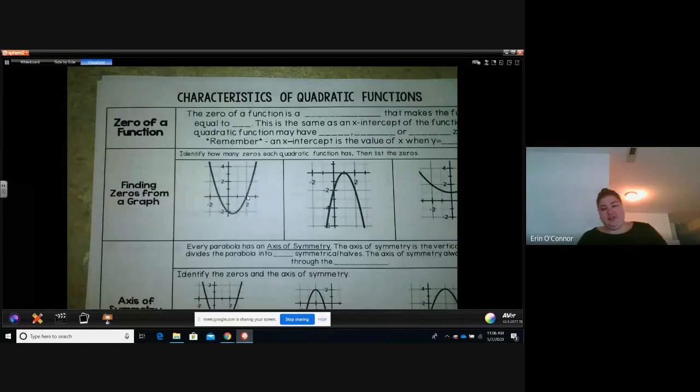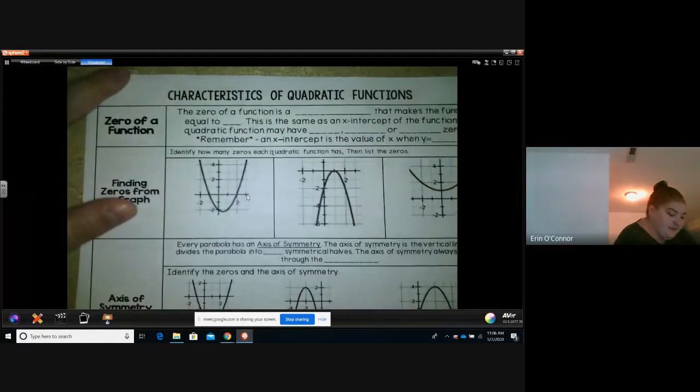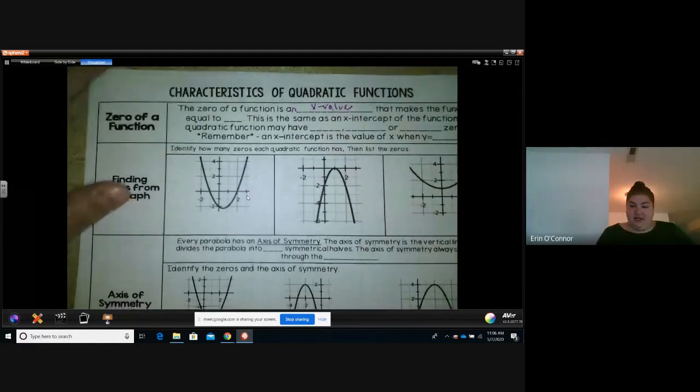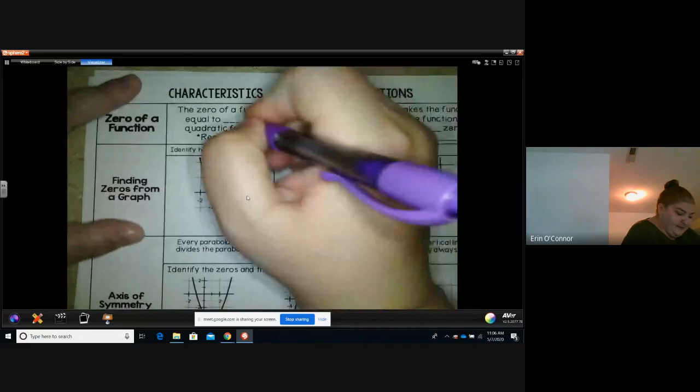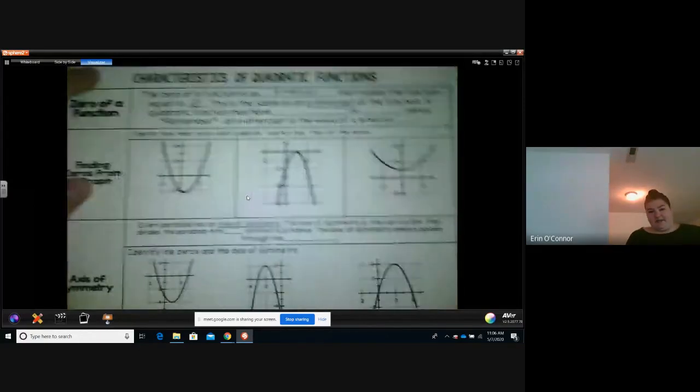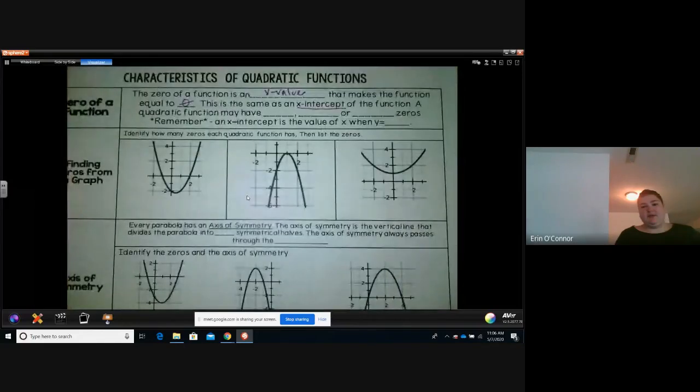Characteristics of quadratic functions. The zero of a function is, let's just say, an x value that makes the function equal to 0. This is the same as an x-intercept. Now, we've talked a lot about y-intercepts, but not so much about x-intercepts of the function. This is probably the most important point on a quadratic function. Yes, the turning point or vertex is important. Yes, the y-intercept is important. But almost always, you're going to work on finding the x-intercepts or zeros